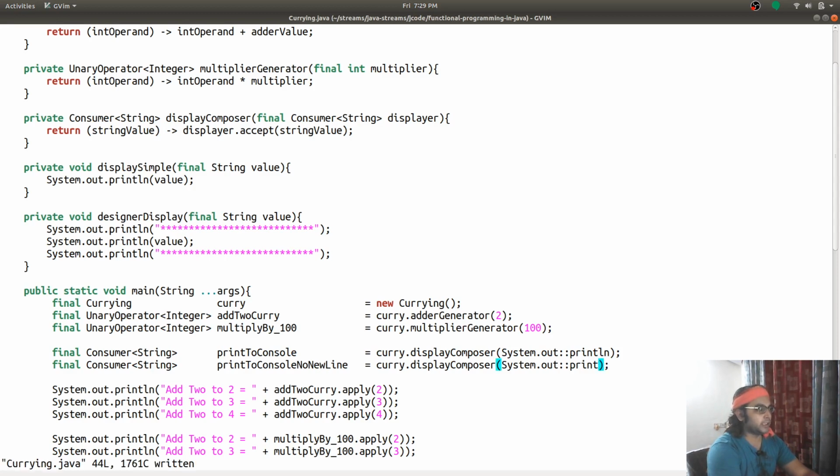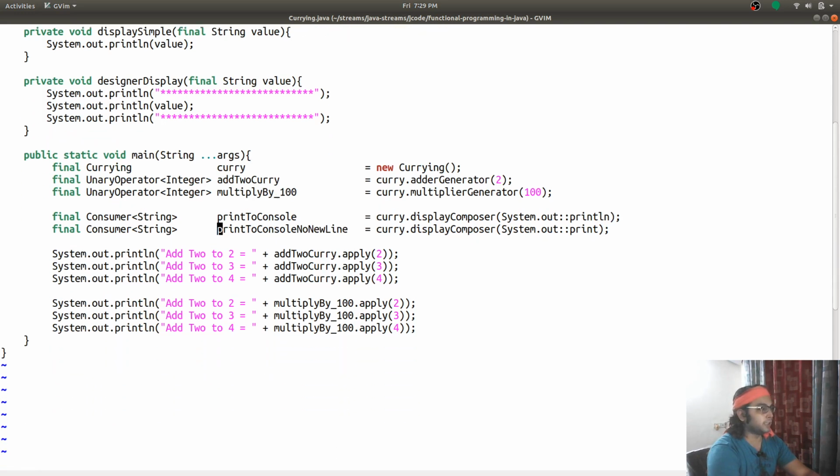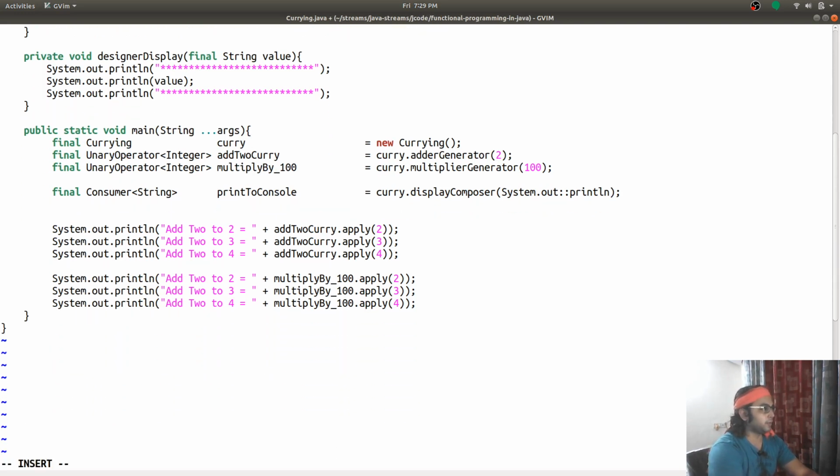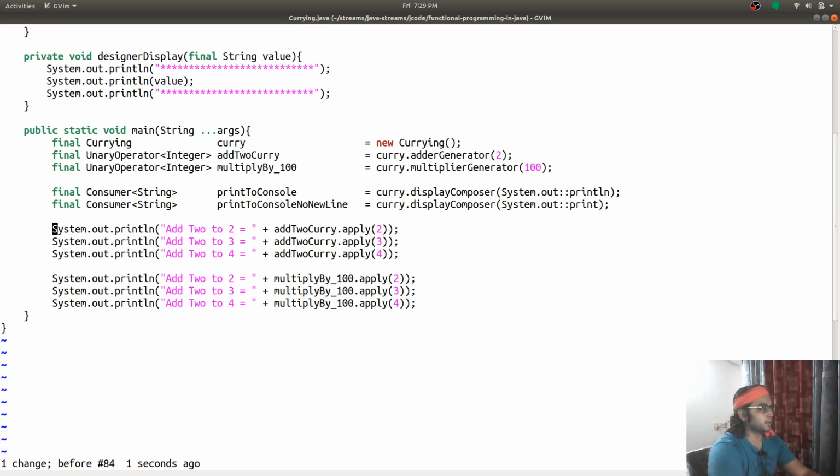Now if we use this compose function, we won't have any new line printed to the console.